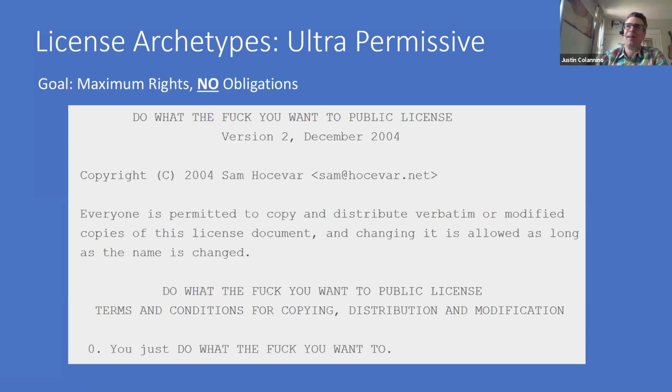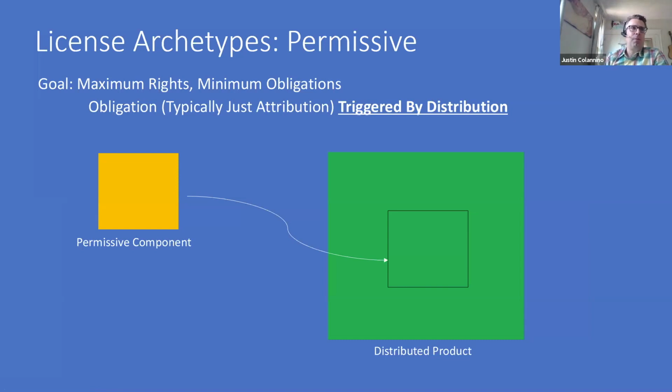But anyway. Okay. Permissive licenses, right? So the goal of somebody putting something under a permissive license is you're given maximum rights to the software, minimum obligations. The minimum obligations are typically reproduce a copy of the license and a copyright statement. Now, I think a lot of people view that as people wanting credit for you using their software if you build it into your product.